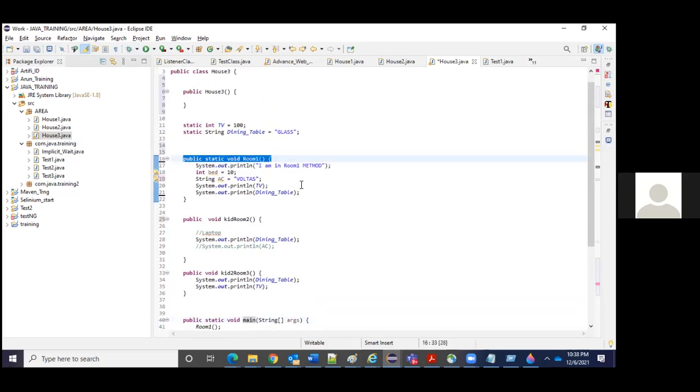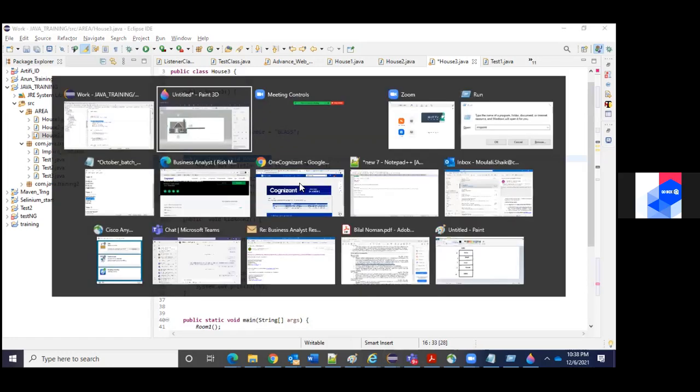Here, without creating an object for this, we can call it directly, right? Yes. If here we create the object for house 3, by using house 3 dot room 1 also, is it okay, or can we call only directly? Both ways can be used. No problem for that. Both are the same. See, the thing, Indra.